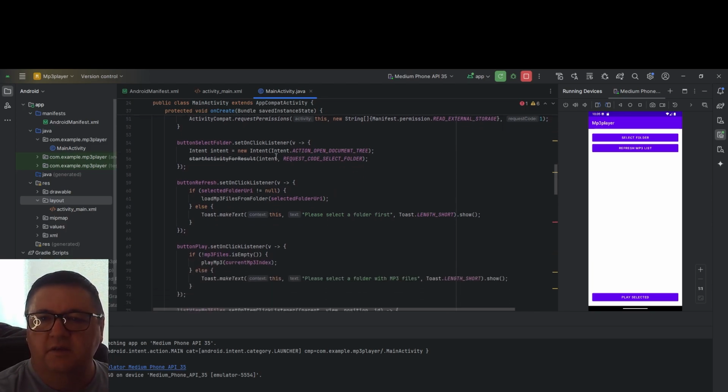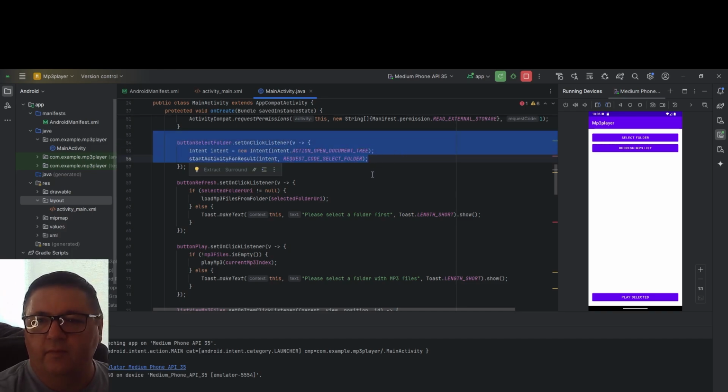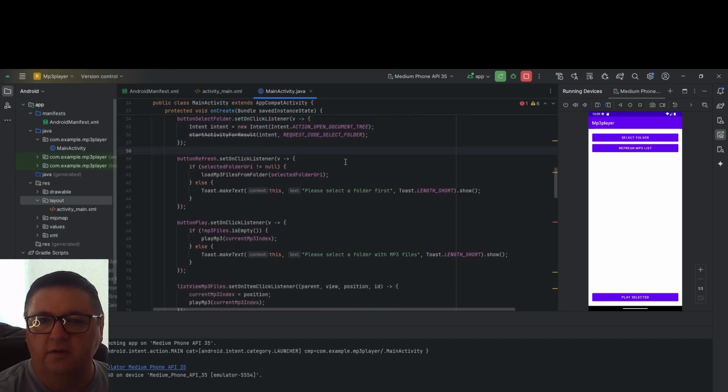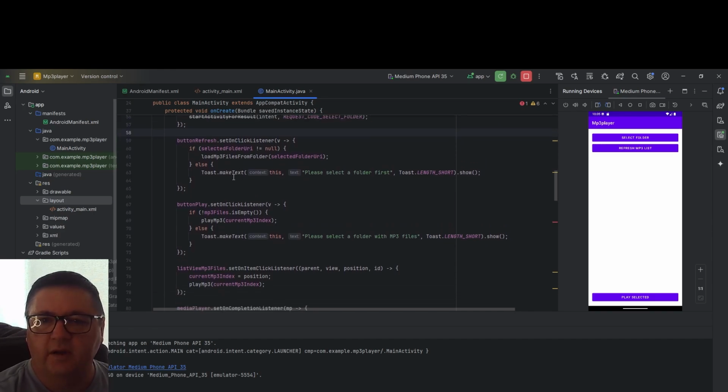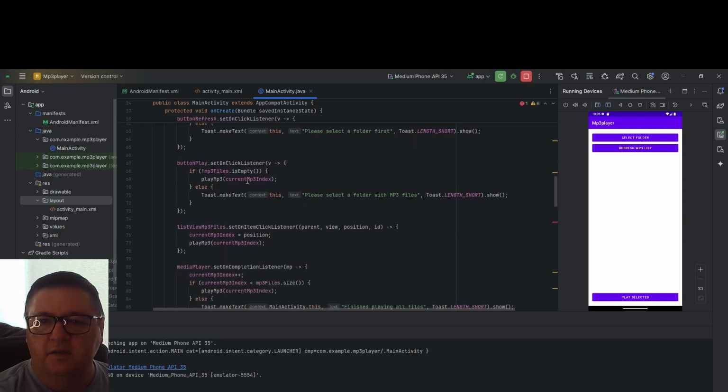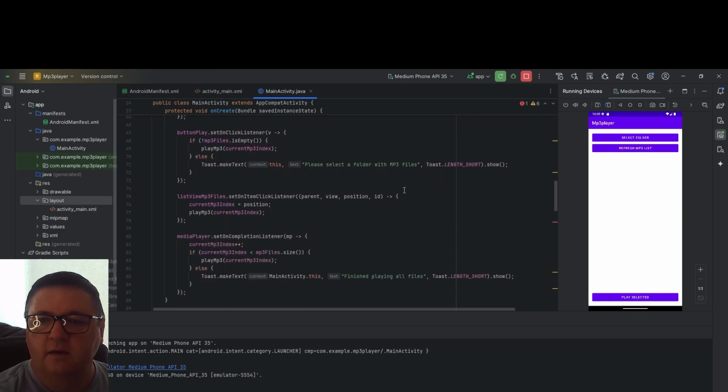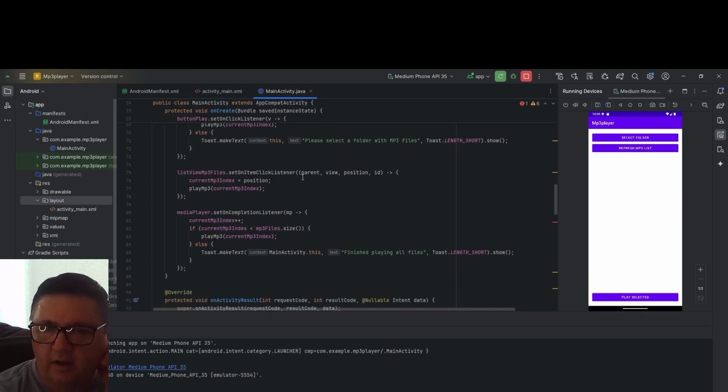Right? So this is a listener for the actual buttons themselves. Check to make sure everything's pressed. Again, listening for the refresh button, listening for the play button, right, with a text message. Like select the folder, okay. So